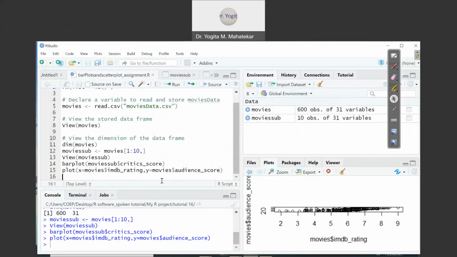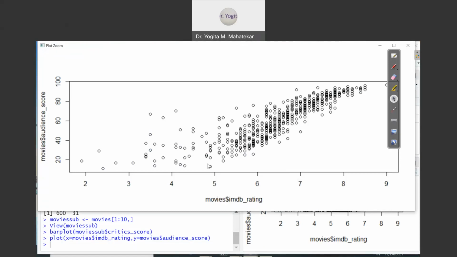Okay, so from the scatter plot, basically we can see there exists a relation, because after a certain stage, from IMDb rating, say x equal to 5, there seems to be a relationship between IMDb rating and audience score. So you can change the variable names from the given data frame. This time I have taken IMDb rating and audience score.